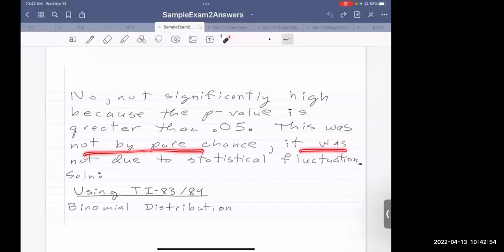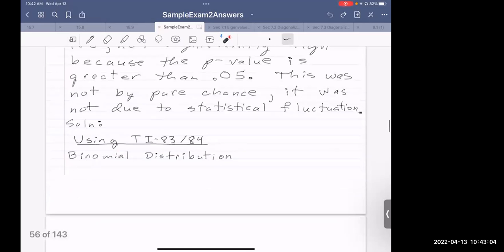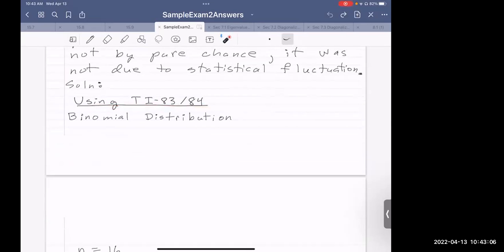So this was not by pure chance. It was not due to statistical fluctuation. If you're using the TI-84, then the way that you would approach this problem is